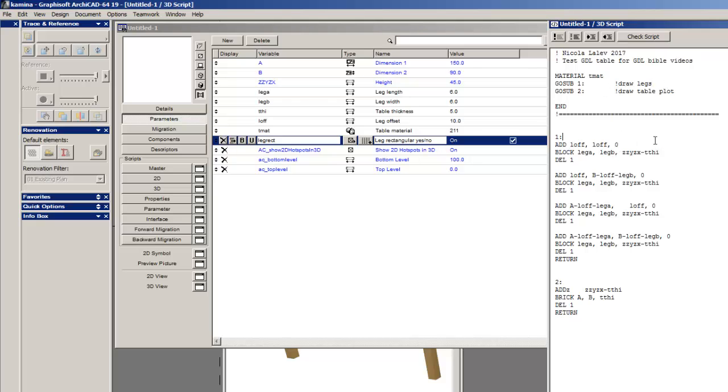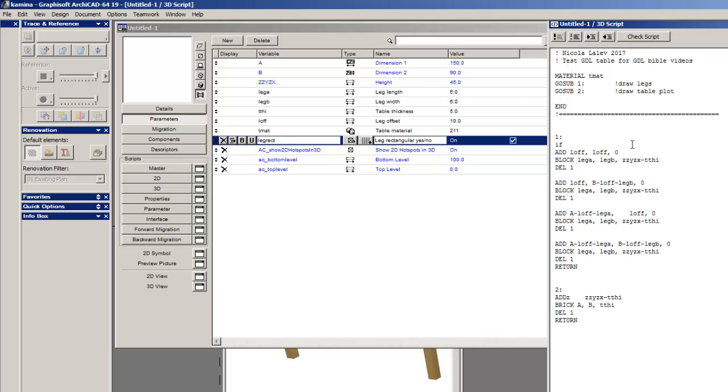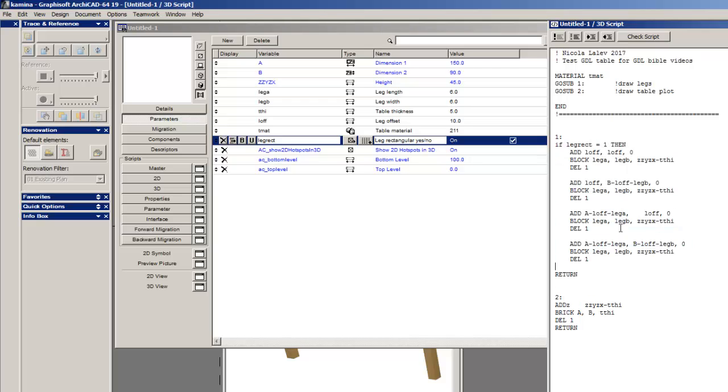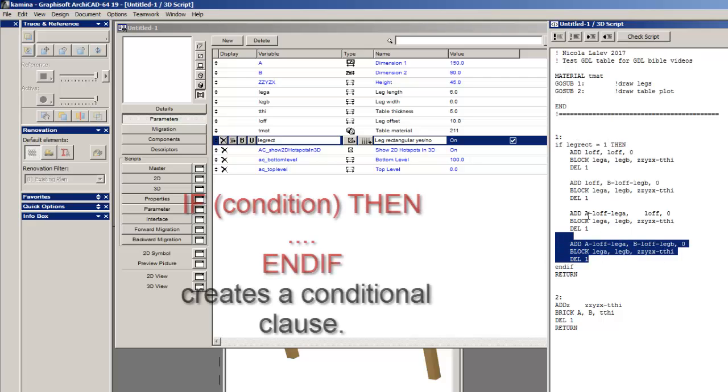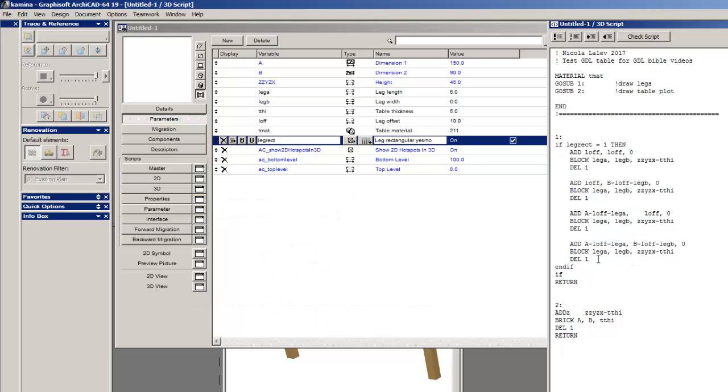In this case, I will go to my first subroutine and type if leg rect, which is the variable, is 1, which means it's on, then, and as mentioned in the previous video, I will insert this because it will be done whenever the legs of the table are rectangular. And I will type endif to end the conditional clause. It's quite simple construction. By using if a variable is a certain value, then you assign the condition, and endif ends this conditional clause. And again, I will type if leg rect is 0, then,